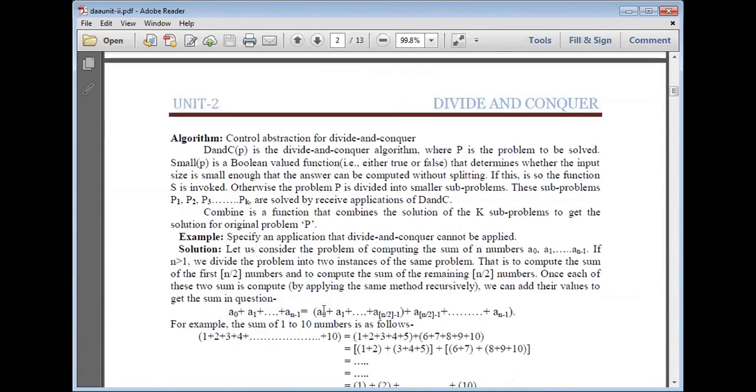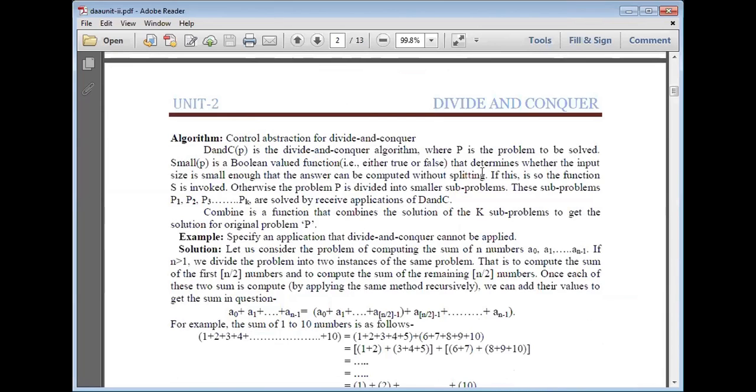So now see the algorithm, control abstraction for divide and conquer. D and C of P is the divide and conquer algorithm where P is the problem to be solved. Small of P is a Boolean valued function, either true or false, that determines whether the input size is small enough that the answer can be computed without splitting.